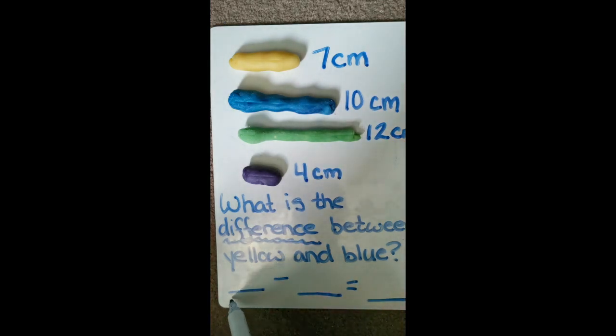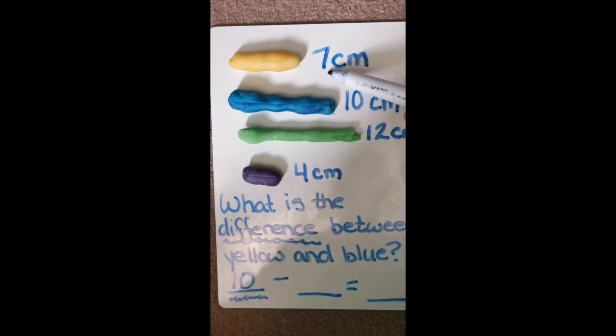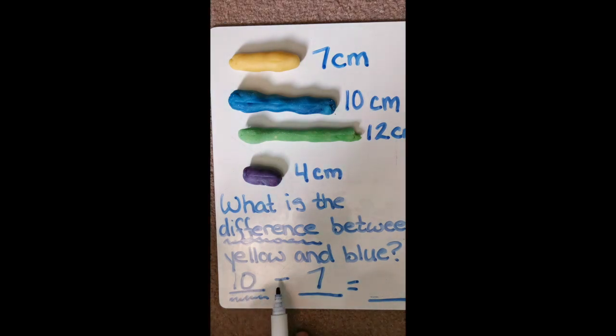And then the next step we need to do is find what numbers go in there. So our first number needs to be our biggest number, of course, because we're doing subtraction. So we have either 10 for blue or 7 for yellow. So our biggest number is 10. So we need to put 10 in the first spot in our equation. We then need to put in our smaller number, which is 7 for yellow. So you put in 7 as the second number in the equation, and then we need to work out 10